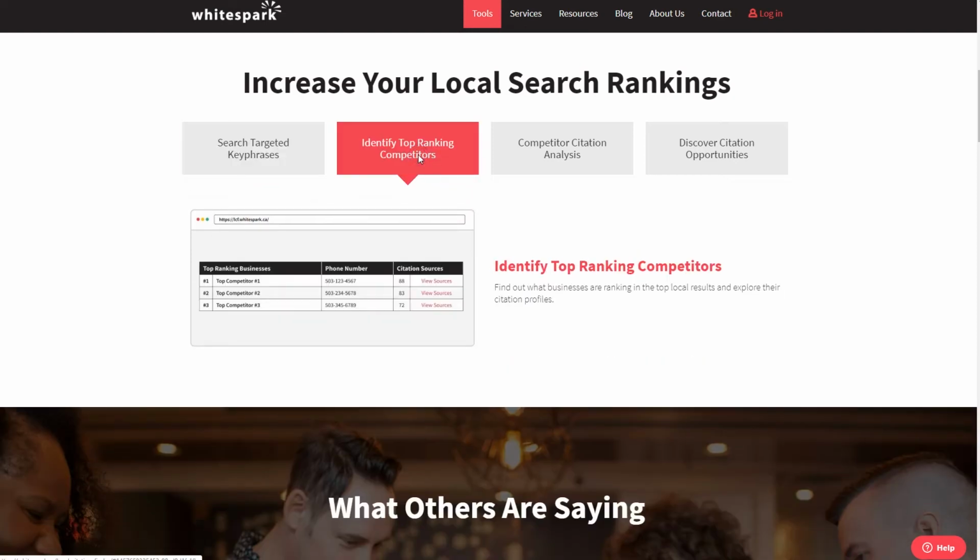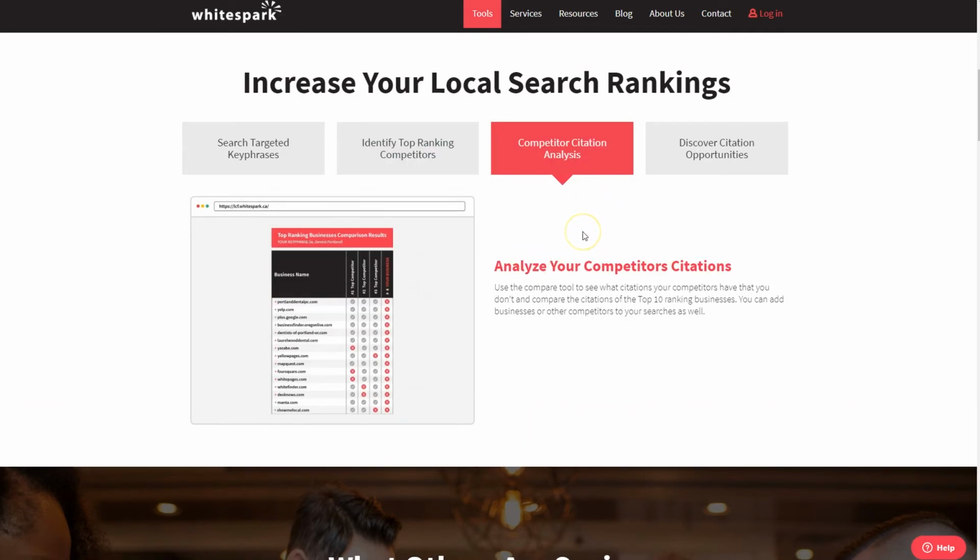The big thing here, however, is identifying your top ranking competitors and allowing you to analyze and spy on their citations as well. So you can actually go out there. Let's say that you've got a competing barbecue restaurant and you find out that they're actually listed on a popular food critique blog. So you're in the Chicago area, you've got a barbecue restaurant, your competitor across the street, he's ranking way up there, high above you, and you're wondering why. And then you find out that there's a Chicago's Best Eats kind of blog where there's a food critic who comments on local restaurants, and now you know that that guy has a backlink from that blog,